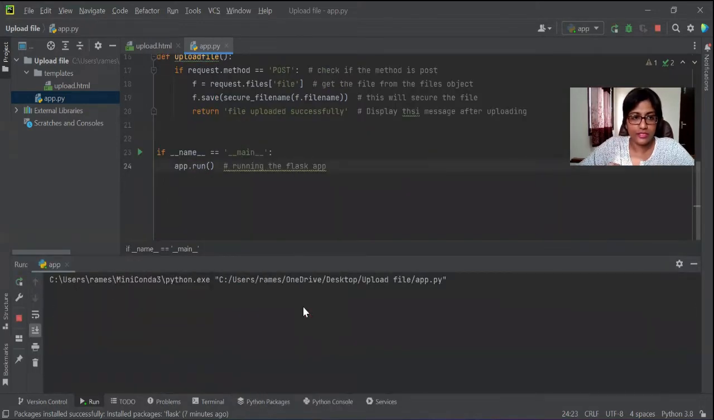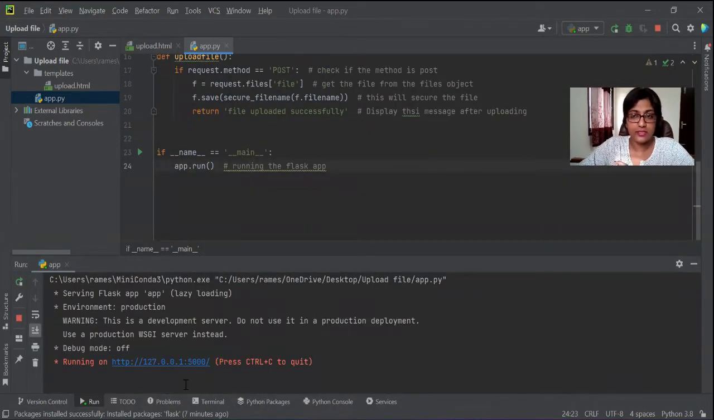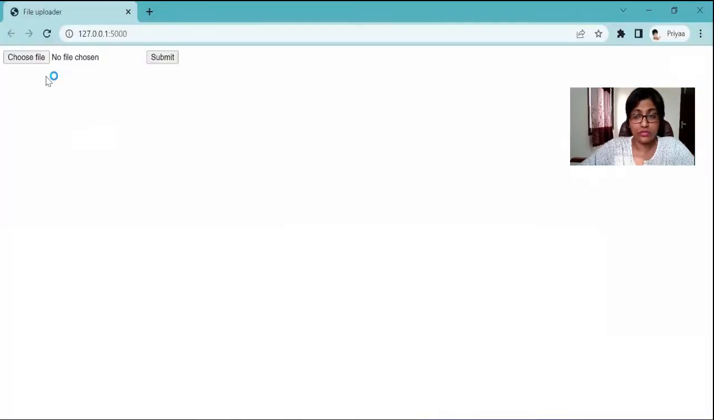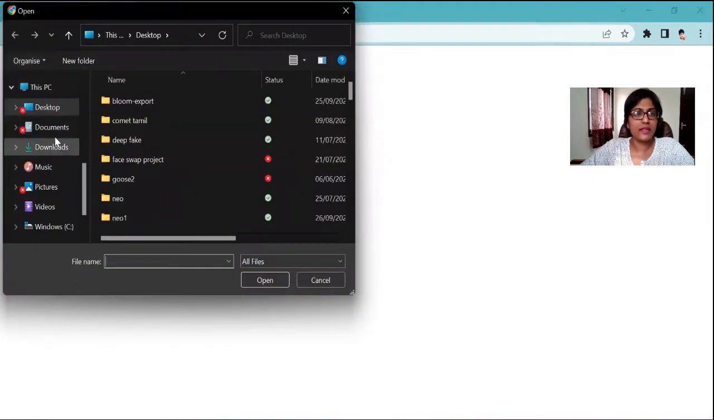So I'm going to run this application, and as you can see, this is running on the localhost with the port number 5000. So right click on it. I'm going to open it in Chrome. As you can see, we have created two inputs in the HTML file, one for uploading the file, which is of the input type file itself, and also you have a submit button. So click on this, and let me just